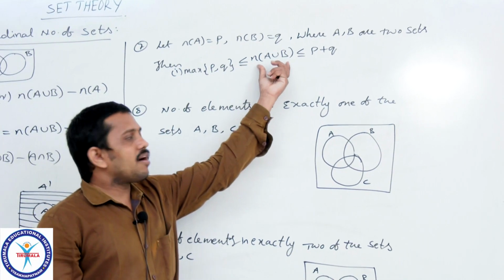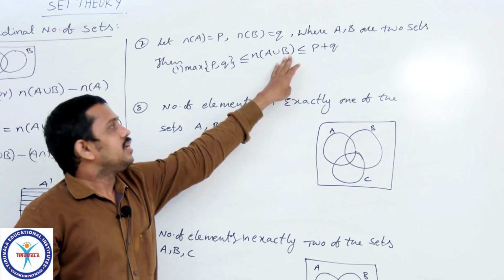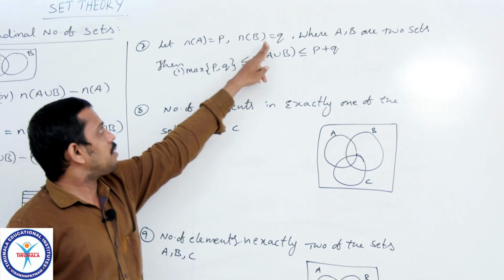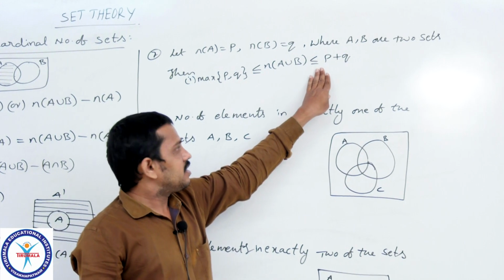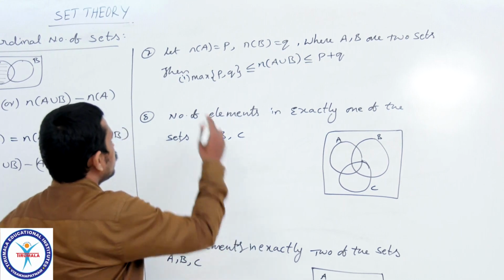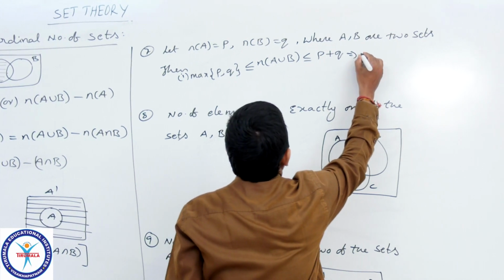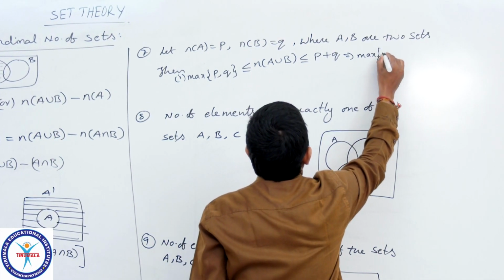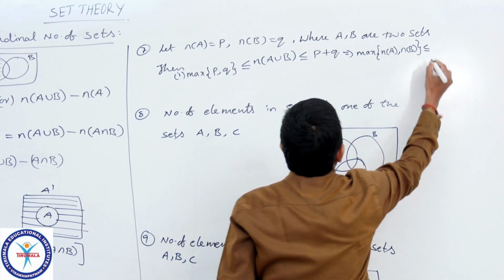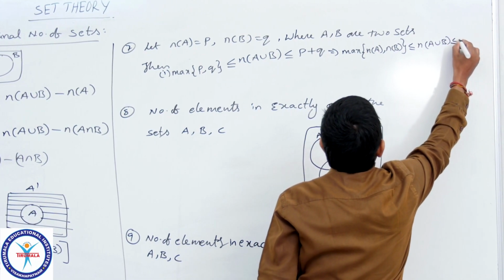Means the number of elements belonging to A union B lies between the maximum of the number of elements in A comma number of elements in B, and less than or equal to the number of elements in A plus the number of elements in B. So, how can we write this? This can also be written as maximum of n of A comma n of B, which is less than or equal to n of A union B, less than or equal to n of A